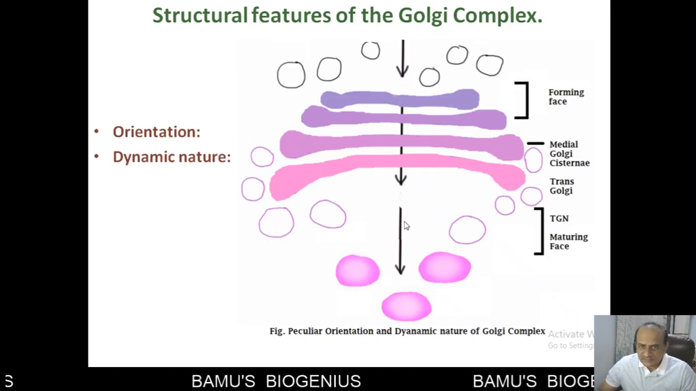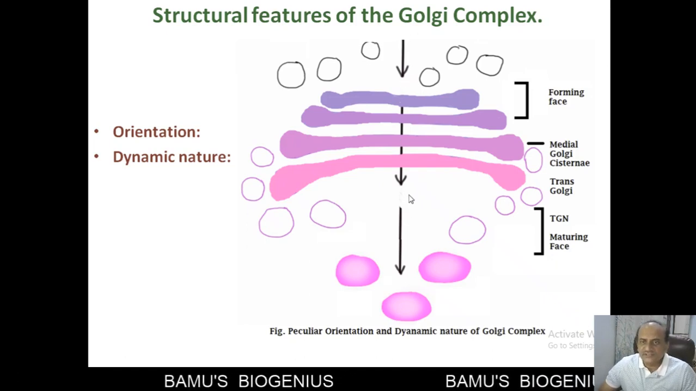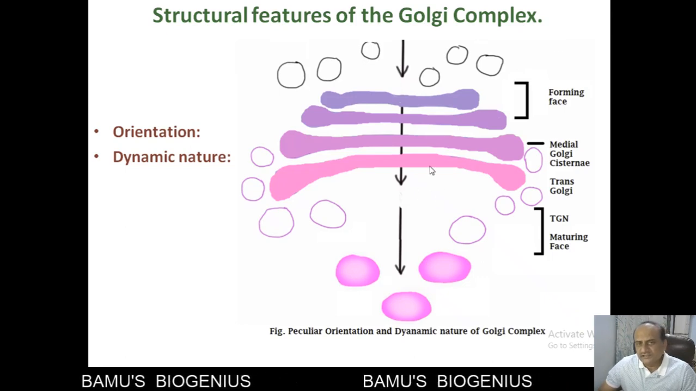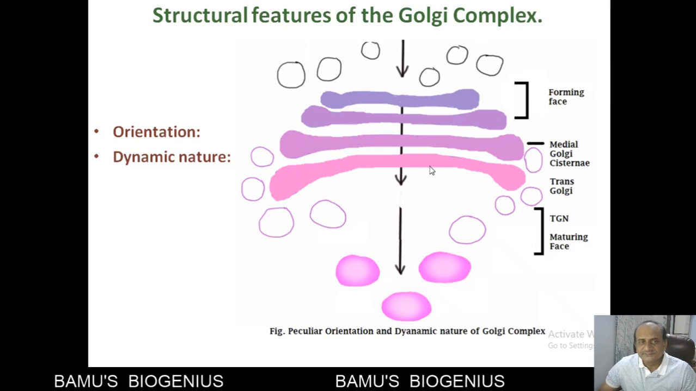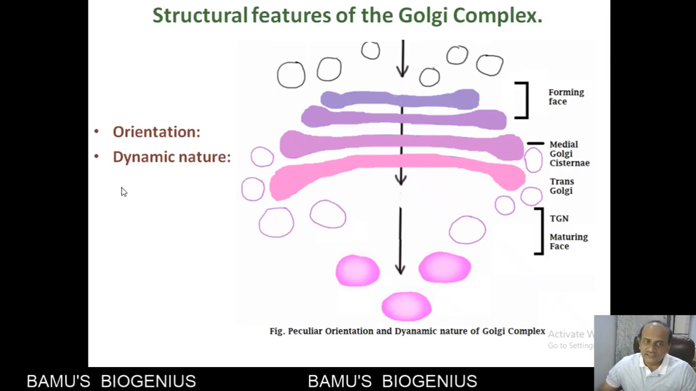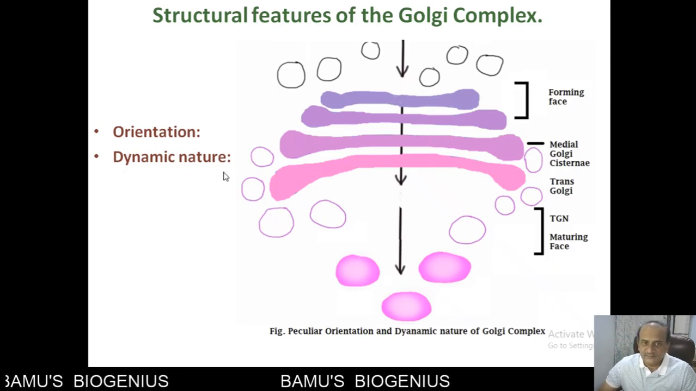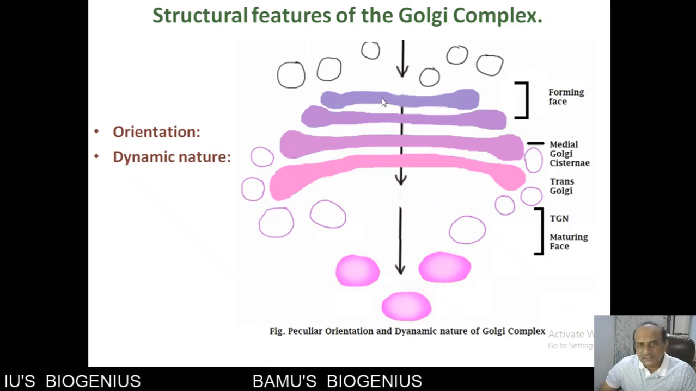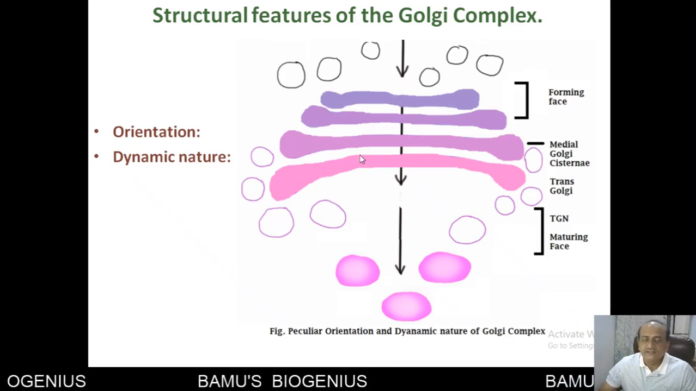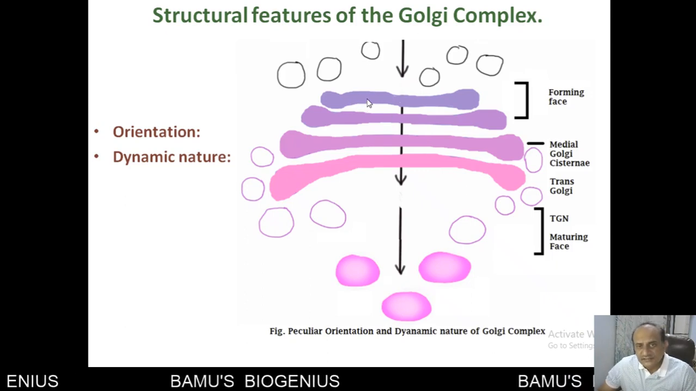So such a type of orientation is seen in a Golgi complex only. No other cellular organelle shows such kind of an orientation. Then another typical feature is the dynamic nature. You can see here each cisternae is different from the other one, and another peculiar feature is that this cisternae